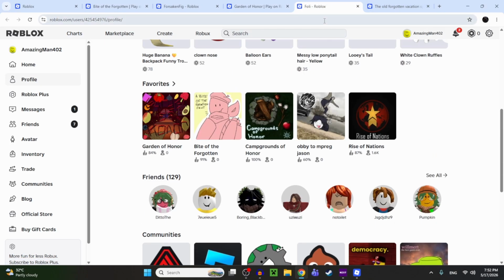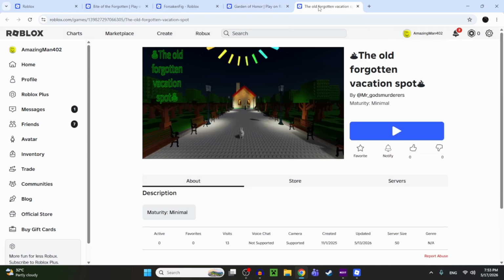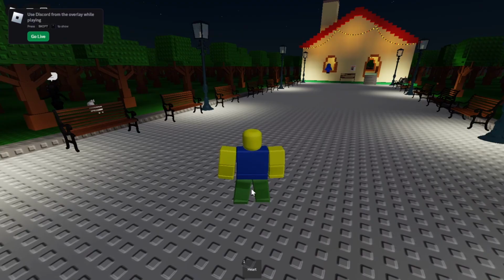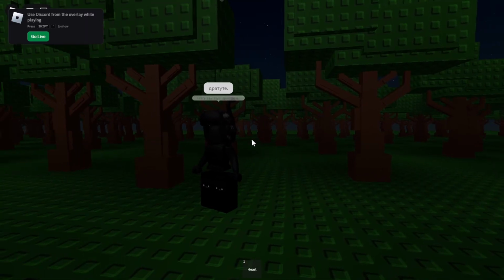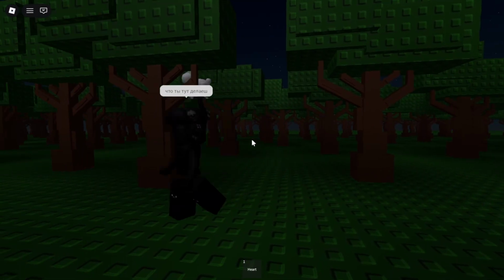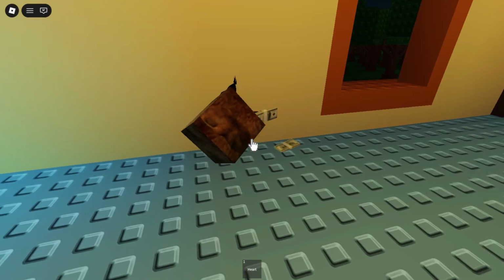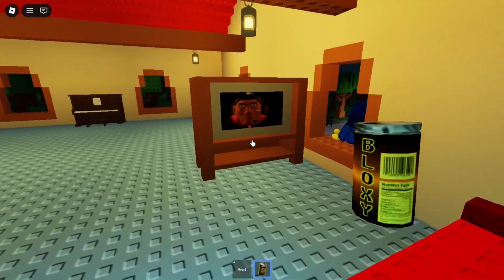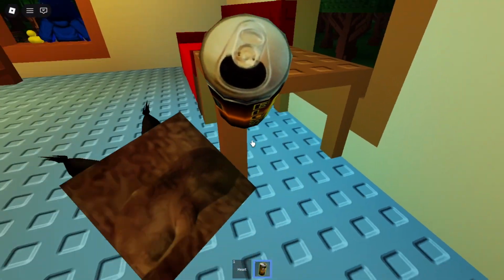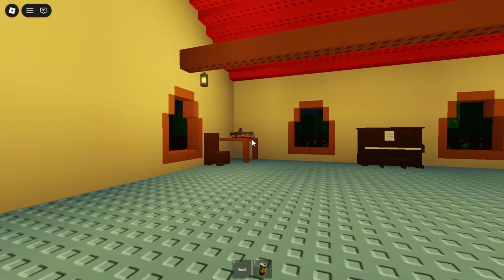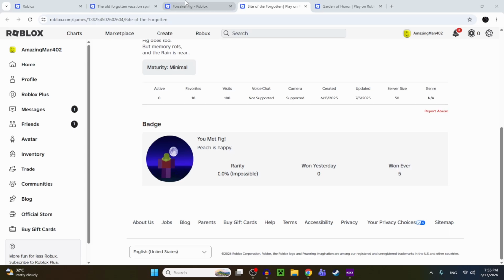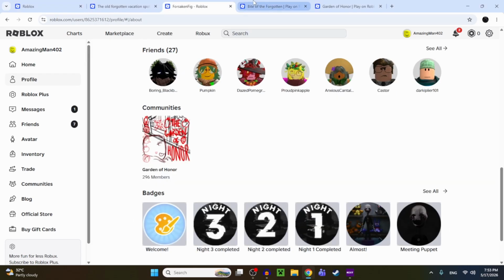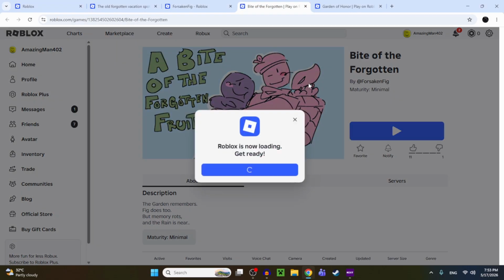Okay, I just stumbled across something that's interesting. I'll go check this out, but we'll go for this one first. I ripped it out, Chris style. What is this? Stolti to Delish. God, I remember that Floppa game. What was it called? Raise a Floppa, yeah. God, it's been a while since that game. That was like 4 years ago, man. Anyway, Bite of the Forgotten Fruit.